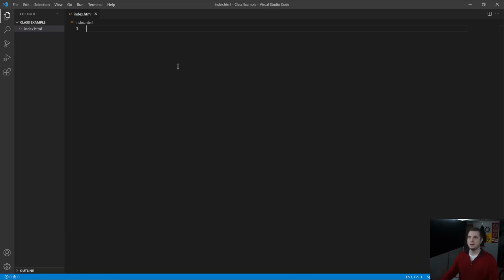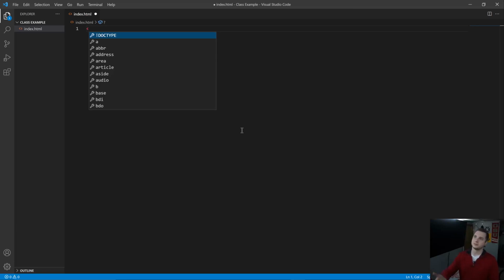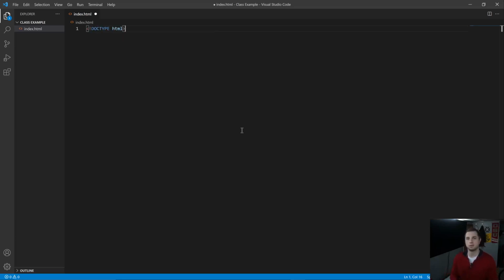So here we have our HTML file. The first thing that we've got to do is tell the browser what type of file we are giving it in terms of HTML. And notice, this is VS Code, so IntelliSense here is already telling me that, hey, we opened up a tag, there's nothing else in this file, you should probably be using doctype. So I opened up a tag, I'm going to hit enter here, doctype, HTML. This is going to tell the browser that we're going to be using HTML5. Okay, so we're going to hit enter here,